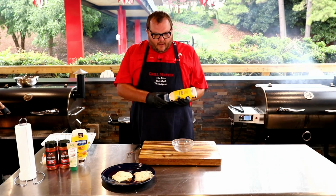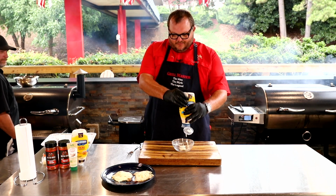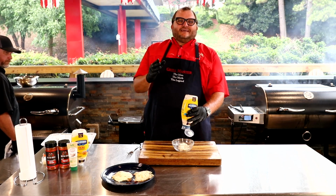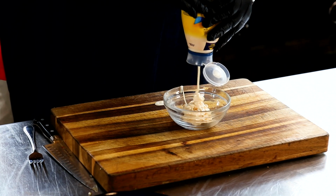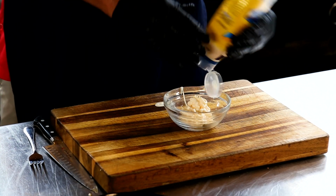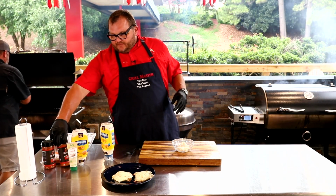Okay, so we're gonna make a little aioli for these burgers as well. All we're gonna do is make a garlic aioli. Aioli is a fancy word for mayo and something else. So what you do is take some mayo, and you can add teriyaki to make a teriyaki aioli. One of my favorites at home is like a sriracha aioli, but for this one,